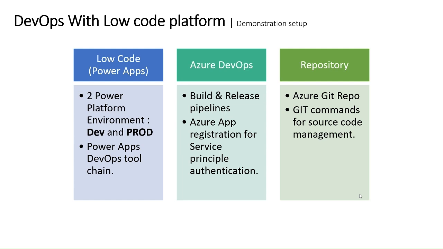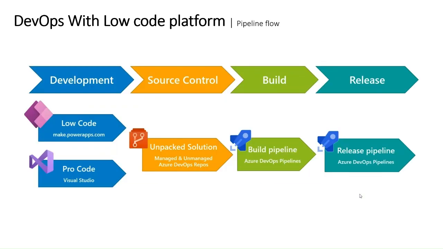We are using three different entities for automating the entire process that I've shown previously. We are using Power Apps as the low-code platform, Azure DevOps for designing the build and release pipeline, and an Azure GitHub repository to store the source code of the application. This is a high-level pictorial representation of the process that we will follow to automate this entire package deployment